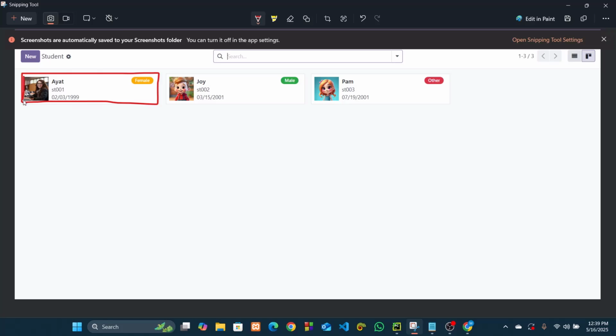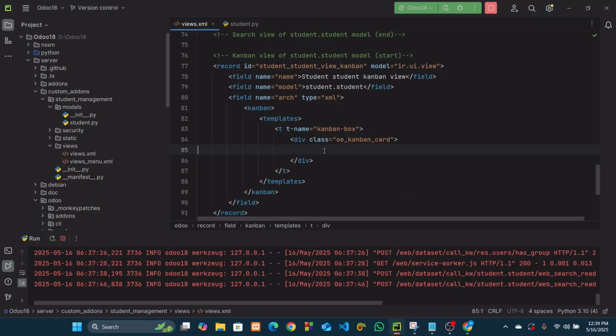This image, and then these details, which will contain name, ID, and date of birth. And the third content is this little badge. Okay. So now place these contents one by one. First, we have to place this image. So go to our view. Inside this card,